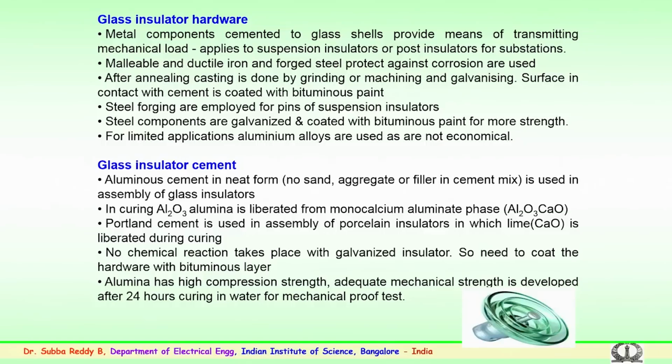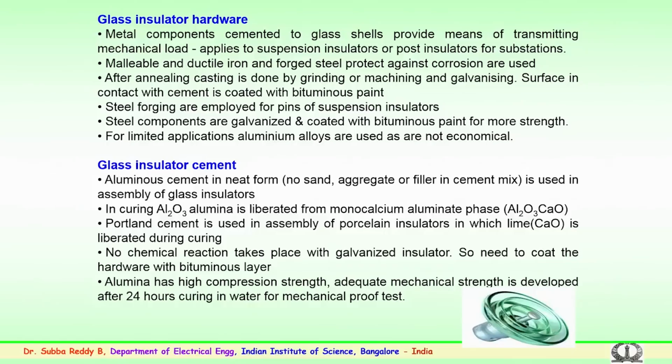Earlier, Portland cement was employed for the porcelain or ceramic insulator, where lime was liberated during curing. Here, in the case of glass insulators, alumina is liberated from the monocalcium aluminate phase, and no chemical reaction takes place